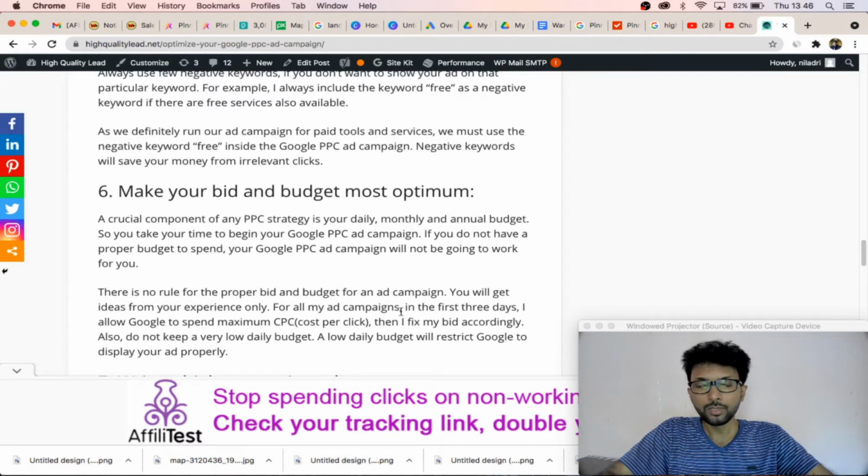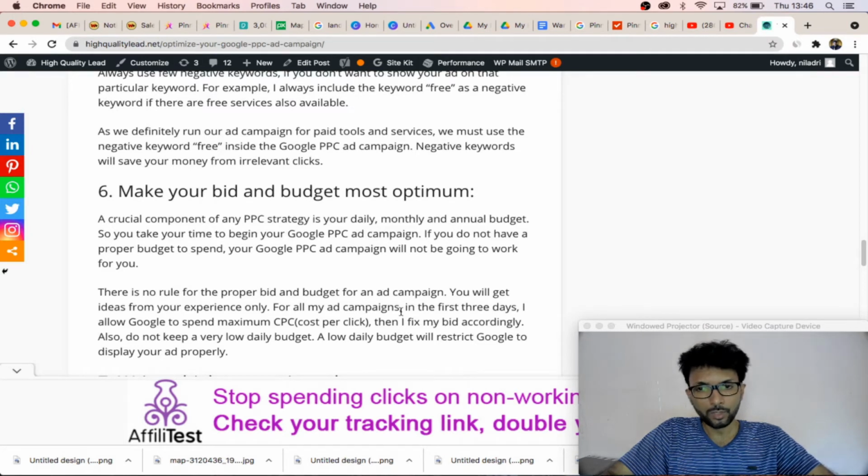What I normally do is run my Google ads and allow Google to spend the maximum for at least 2-3 days, and after that I get an idea of the click through rate and CPC, cost per click. On the basis of that I decide my bid, and I decide the budget also, not too little.